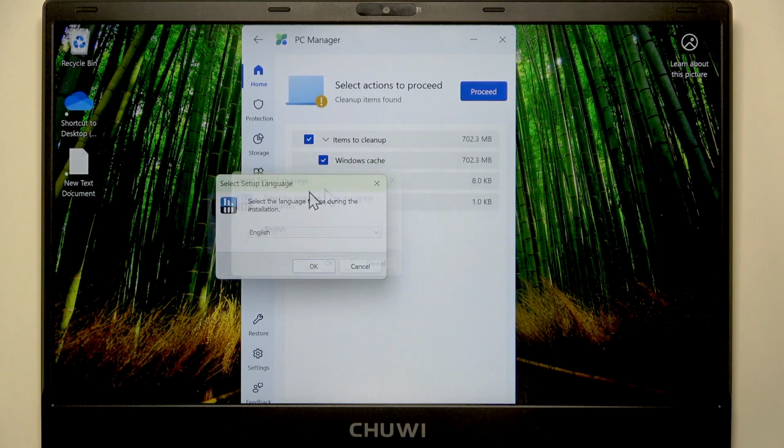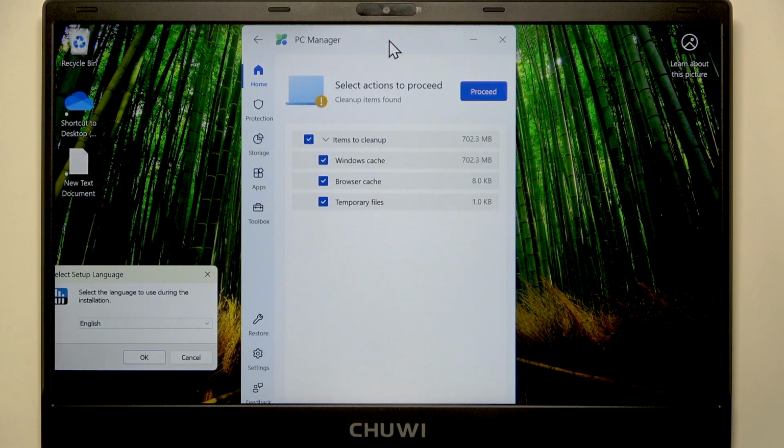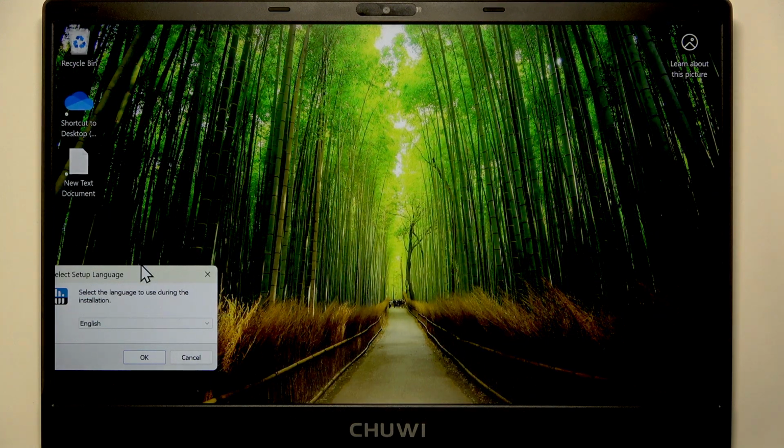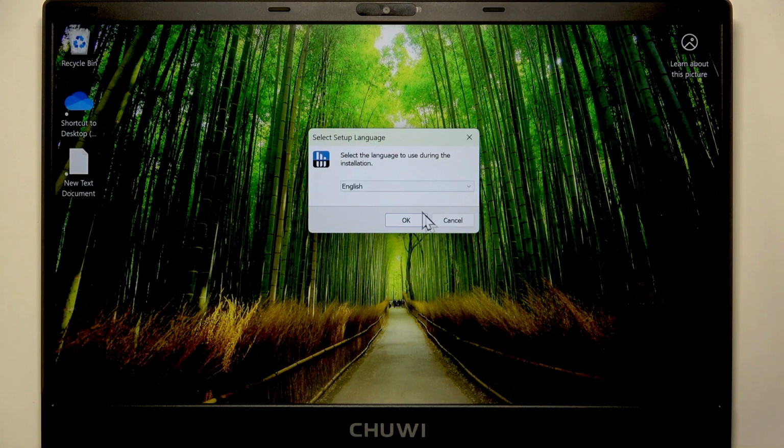Okay, the system scan is finished, and as you can see, there are items to clean up, so let's proceed by removing them, and the PC Manager will clean up your device for you. In the meantime, we can proceed with the installation of the HWInfo